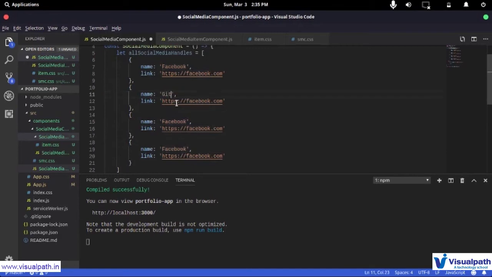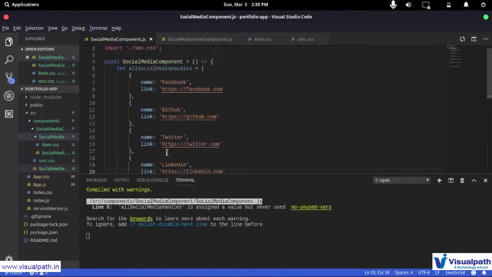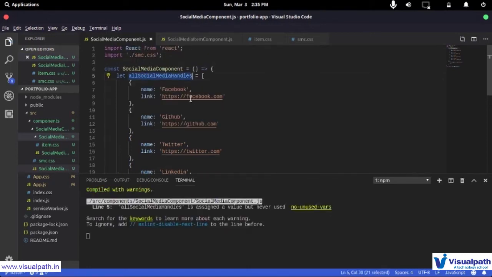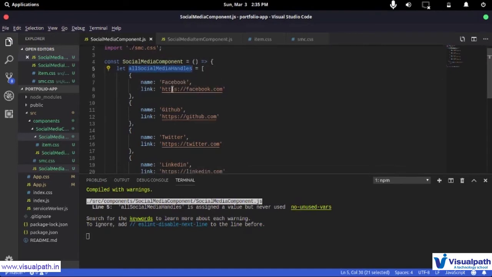So say github.com, then I'm going to have Twitter, and then twitter.com, and then lastly LinkedIn, and then linkedin.com. Now if I save this, I have access to this variable called all social media handles.